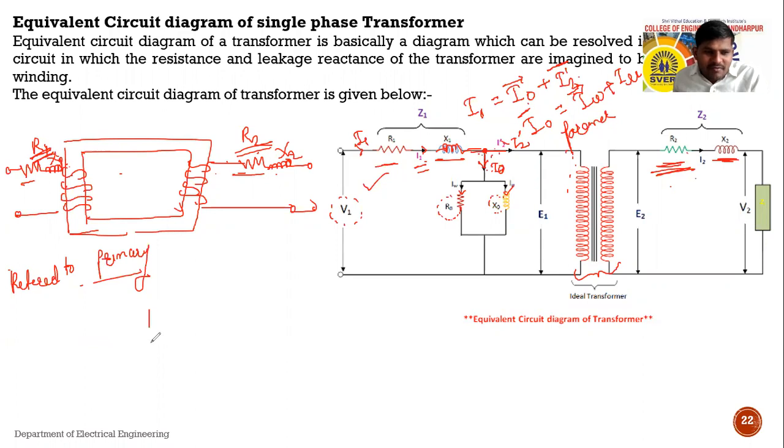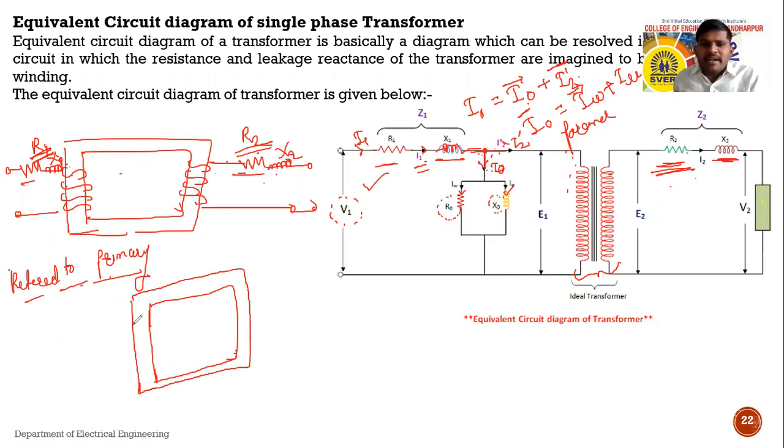See, I want to consider referred to primary, that means secondary value can be transferred into the primary side. While we are transferring the value, suppose this is the transformer, this value can be represented by dash. See, this is the primary winding. This one is the secondary winding. Secondary side